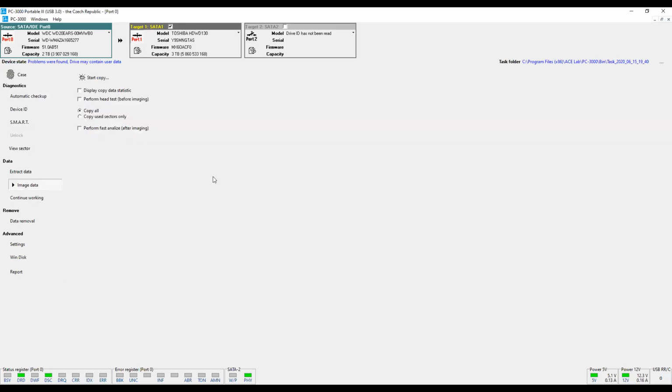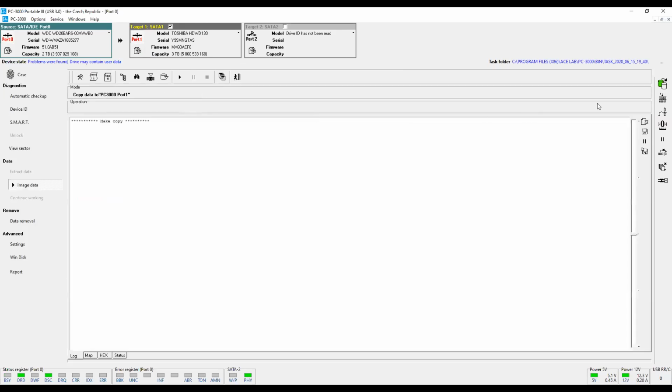If I start the imaging data and then start the copying process, our software will switch into data extractor mode. And here, before we make a sector by sector copy, I will need to build the head map. To build the head map, I just need to press the button which is located in the right part of the screen. Here it is, heads map. When I press on it, I will be able to